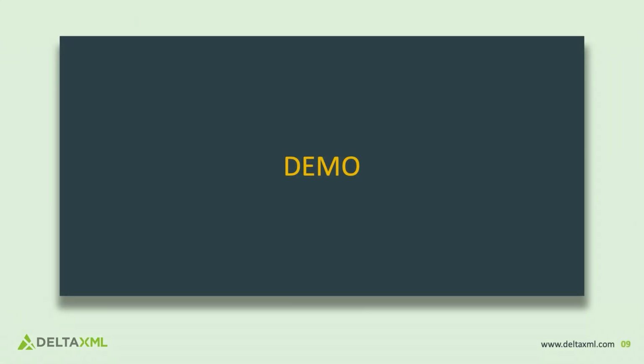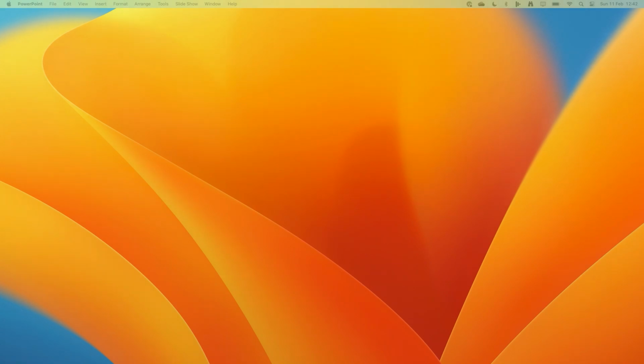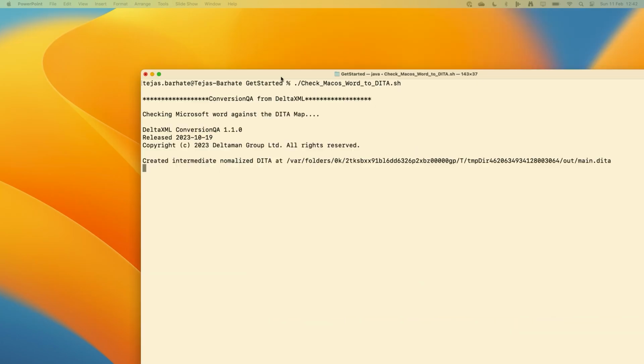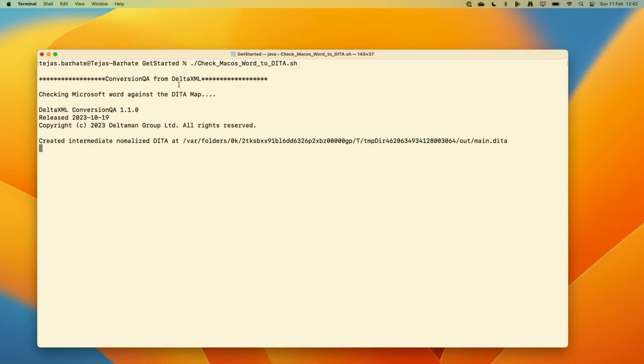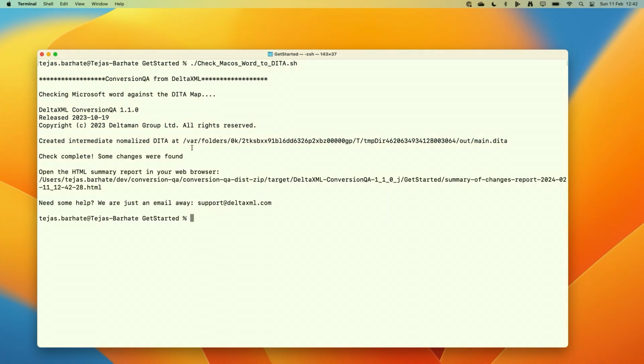So just a quick demo. I have a Word document which has been converted to DITA Map, and when I run a conversion checker on it, the first step it will do is create an intermediate preprocessed data result. And if you look at that data result,